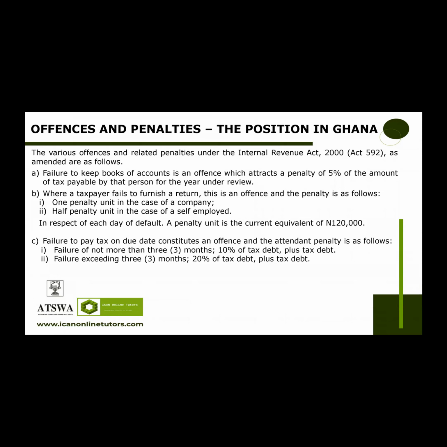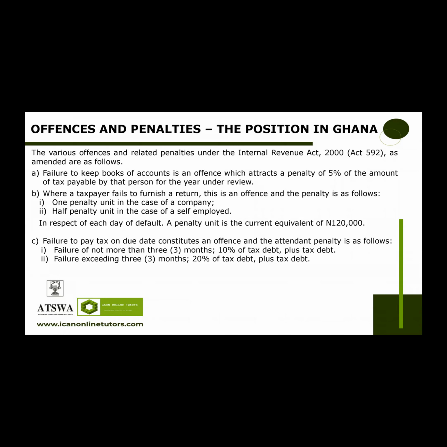Where the false and misleading misstatement is made knowingly or recklessly, the penalty is triple the amount of the underpayment of the tax which may result if not detected. In addition, where the amount of tax involved exceeds 100 currency points, a fine of not less than 50 penalty units and not more than 200 penalty units, or imprisonment for a term of not less than 1 year or not more than 2 years, or both. In any other case, a fine of not less than 10 penalty units and not more than 50 penalty units, or imprisonment for a term of not less than 6 months and not more than 1 year, or both.